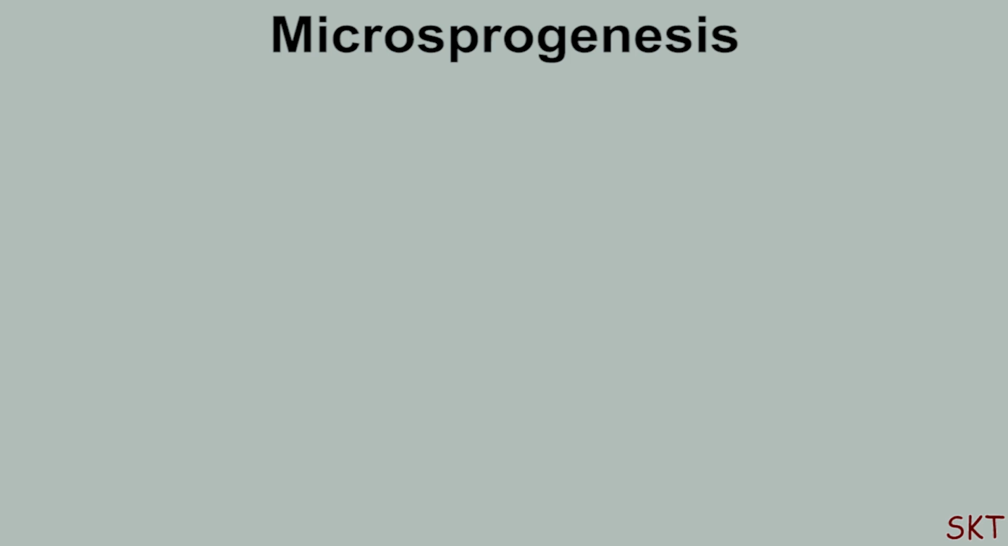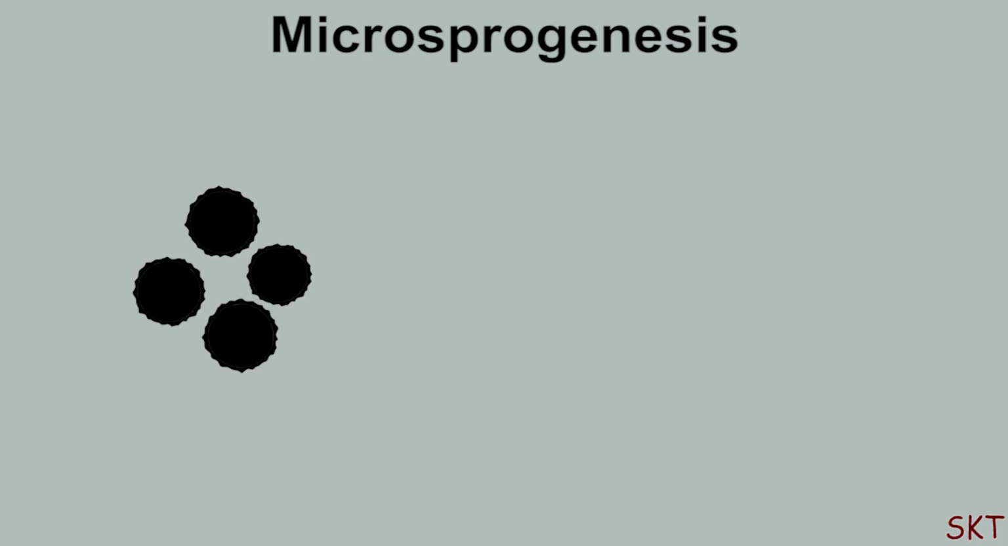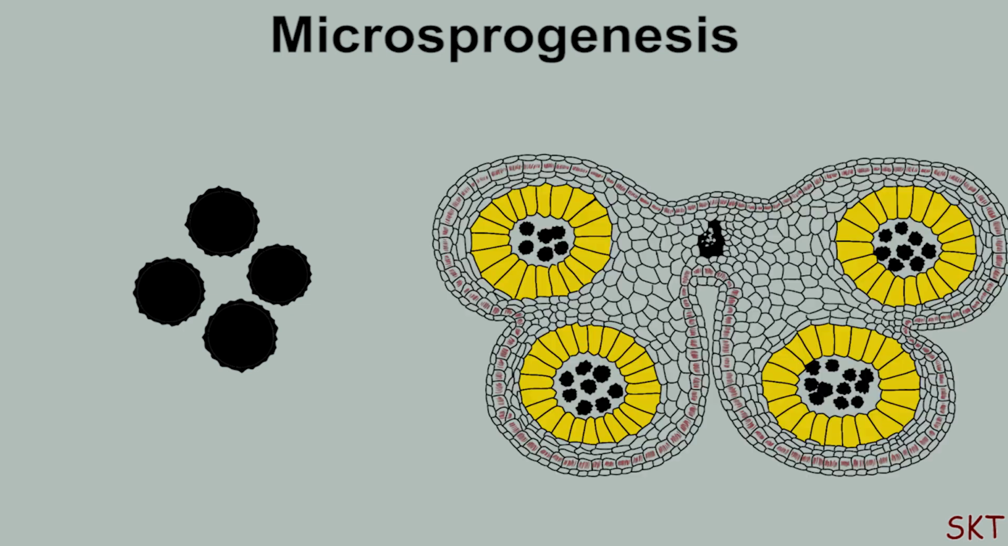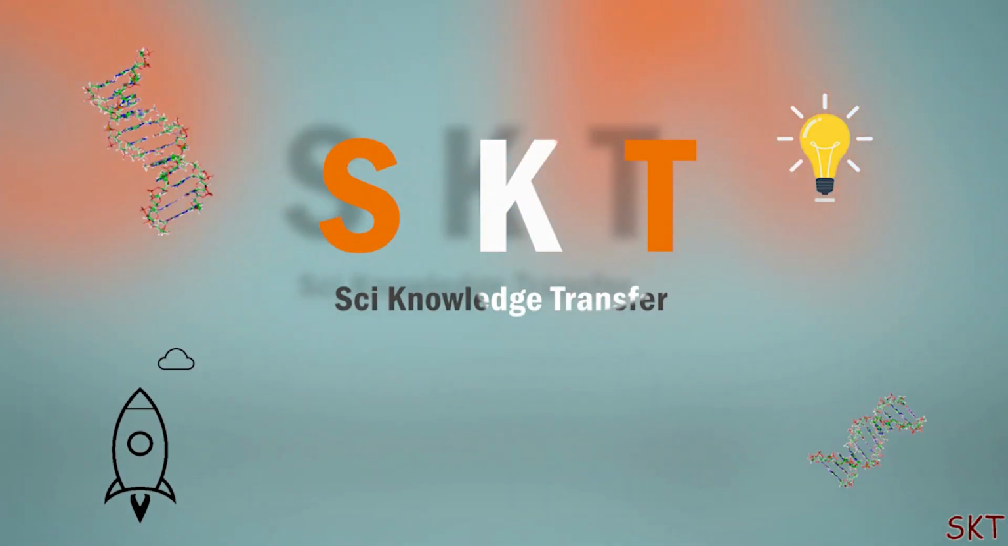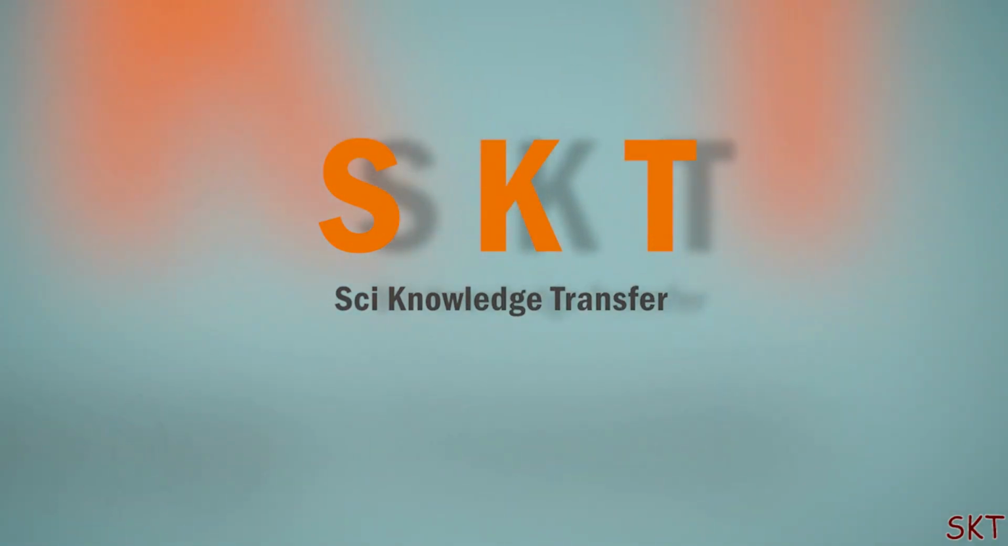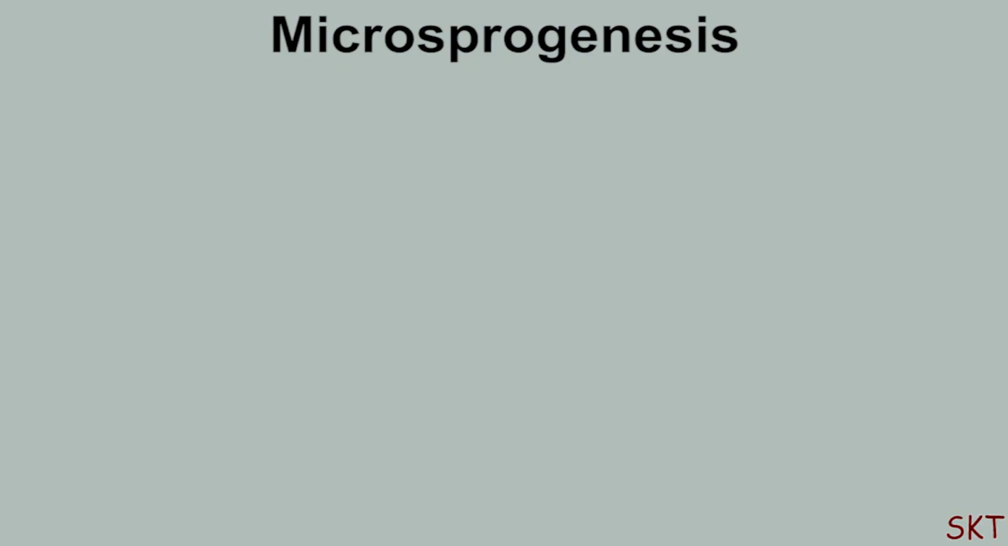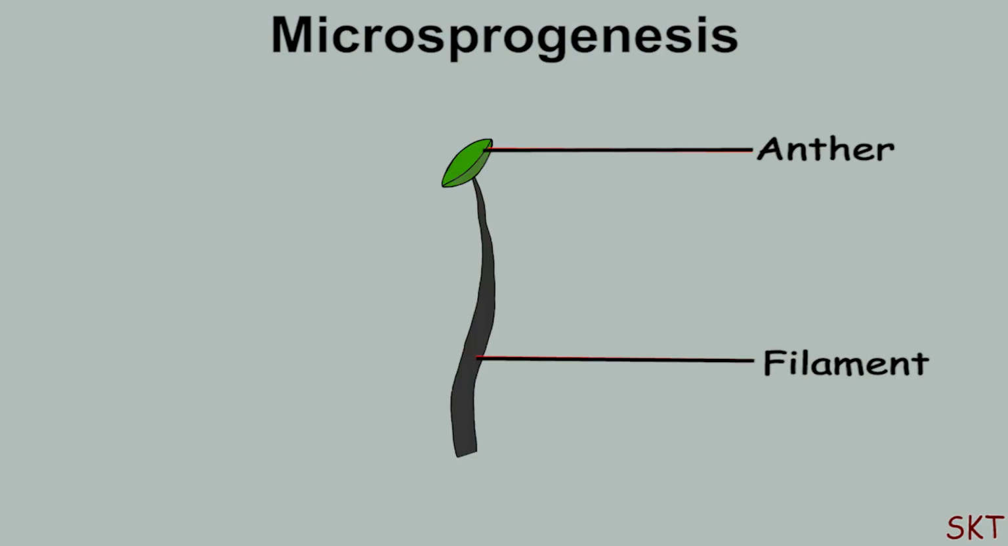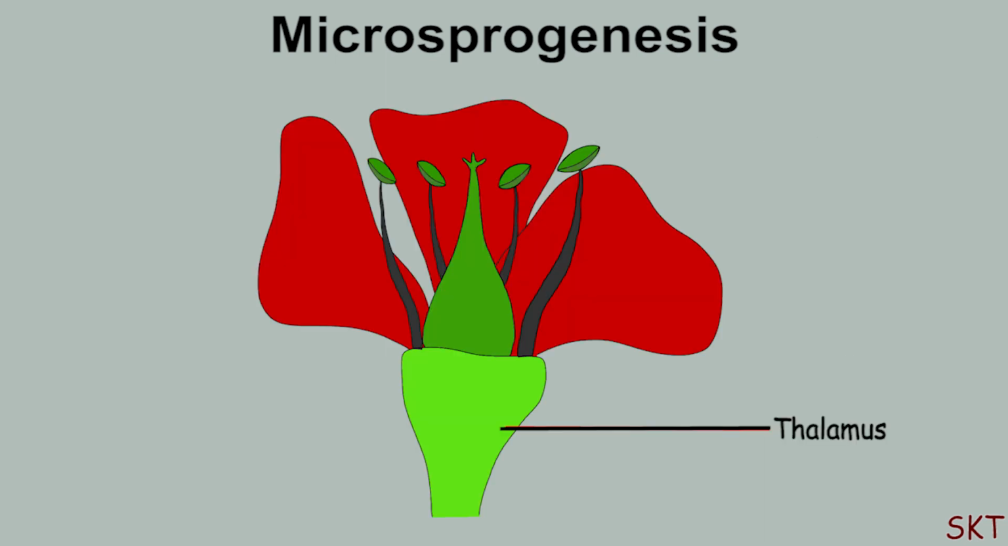Microsporogenesis is nothing but the production or development of male gametes, that is microspore or pollens, inside the microsporophyll. The male part of a plant, that is the stamen, typically has a long slender portion called the filament and an upper sac-like fertile portion called the anther. The stamen arises from the thalamus, and inside the anther there is a mass of meristematic